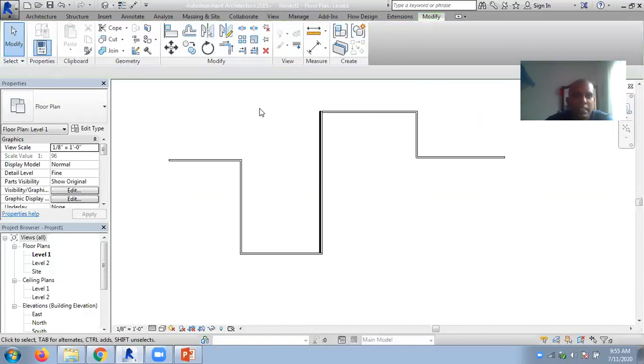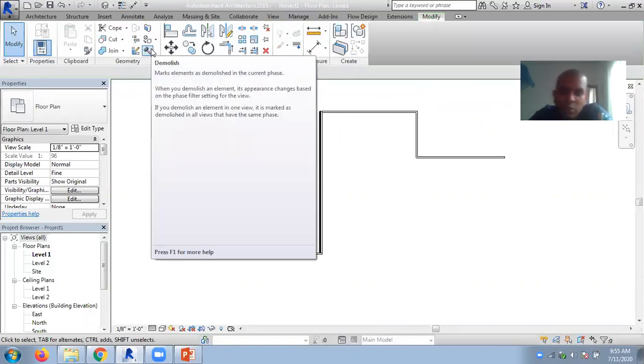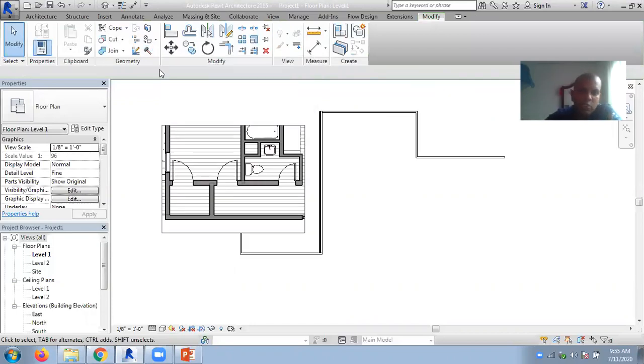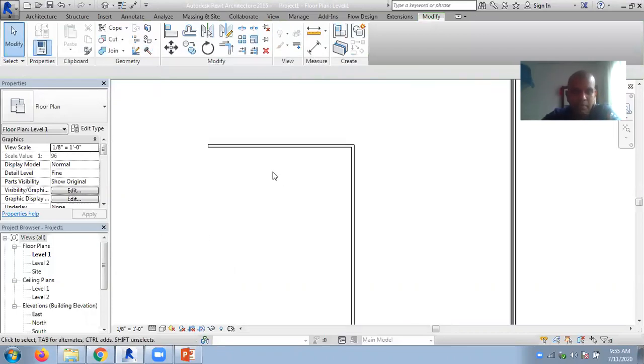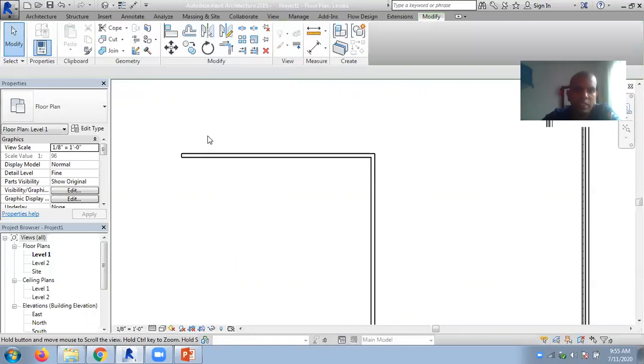Then we look at the hammer tool available here. So this is called the demolish tool. Now you may do some constructions in an old building. So you may demolish the old building. Say you have a plan, you have an old building and you want to remove some areas of the building. And it should be shown to the customer or the